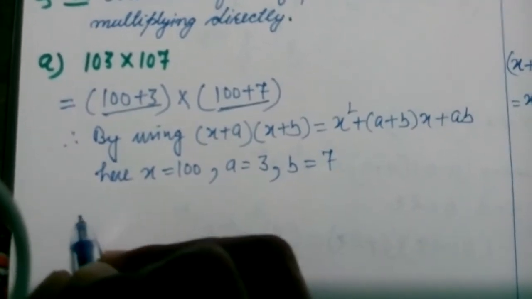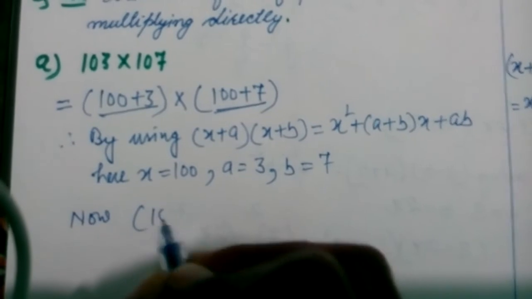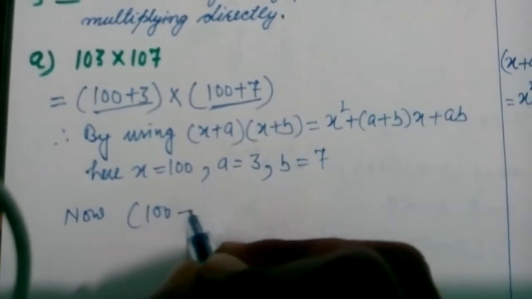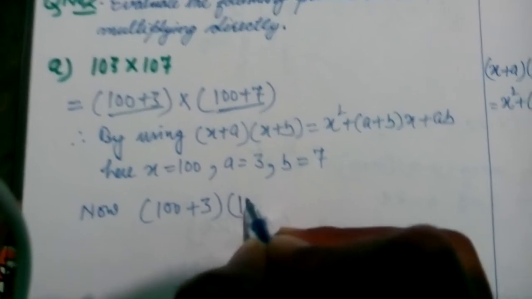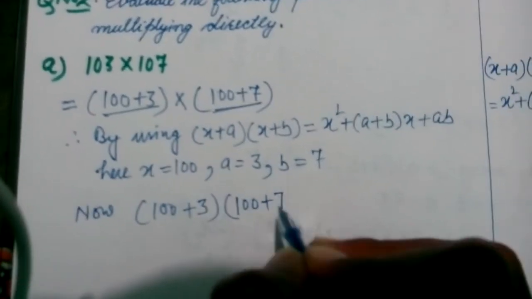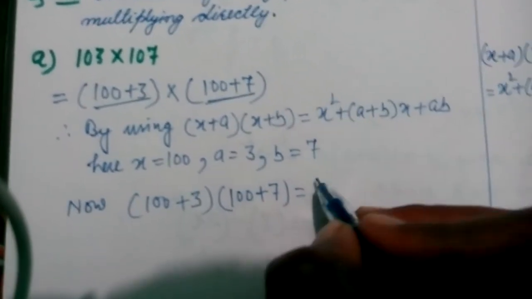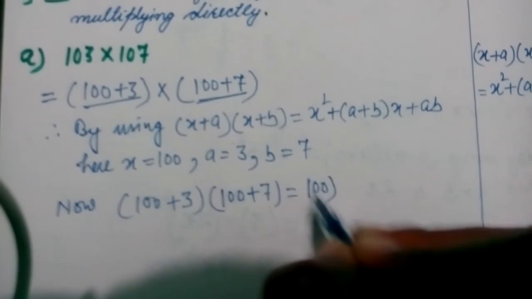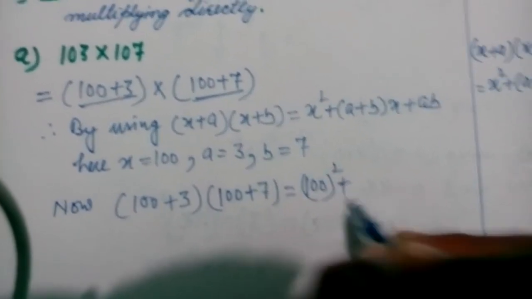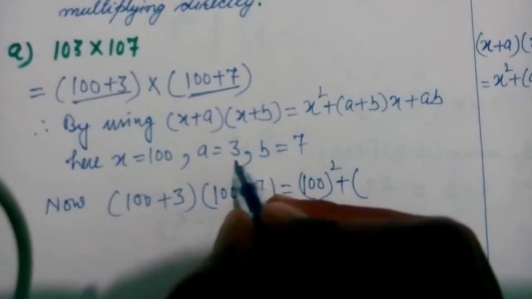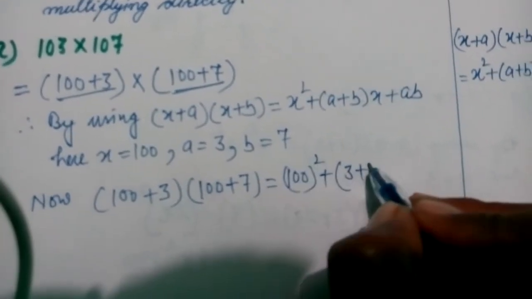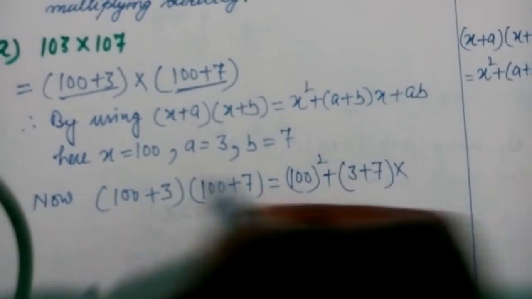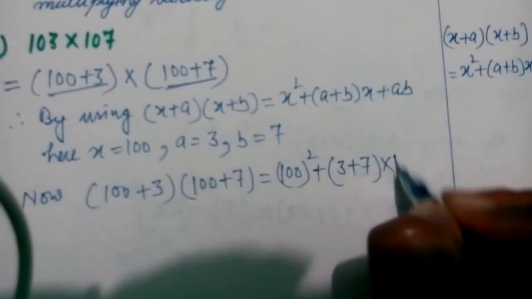In place of x there is 100, in place of a there is 3, and in place of b there is 7. So x square, that means 100 square, plus (3 plus 7) multiplied by 100,